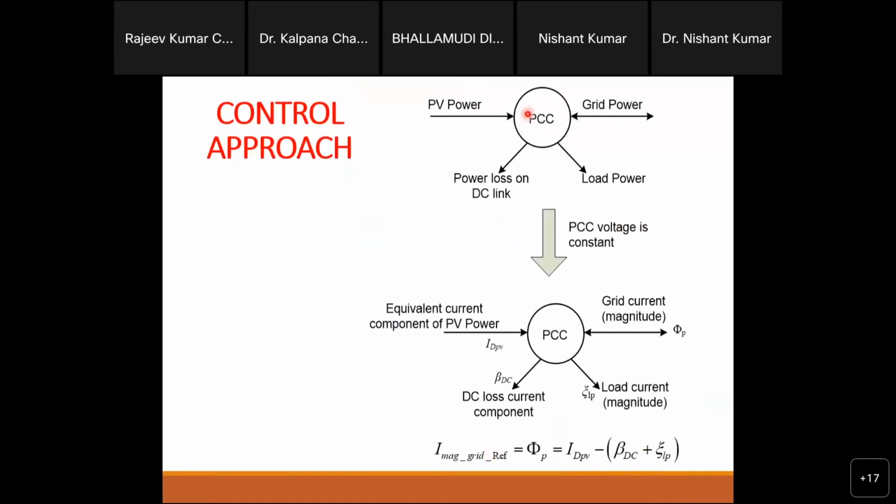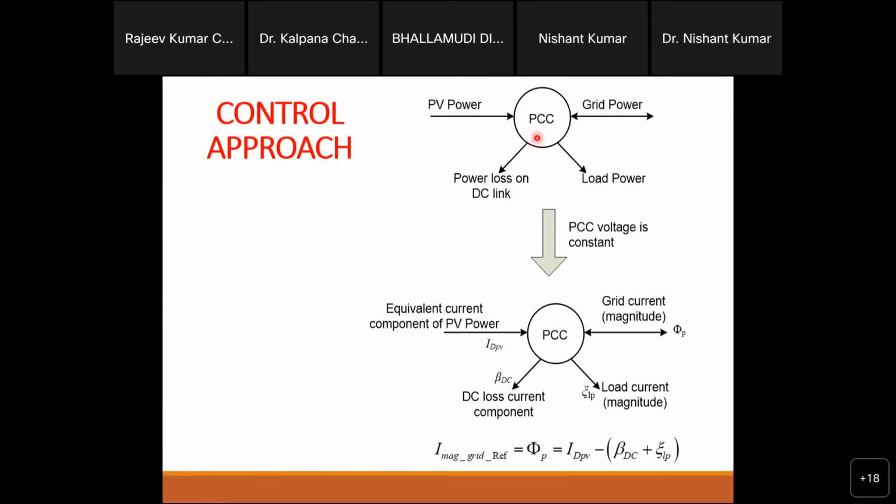So the beauty of this point is that here on this point we have the grid connected, and we all know that the grid voltage is constant. Whatever power we are going to feed or take from the grid, in both conditions you will see that the grid voltage is more or less constant. Whatever power oscillations, power increment, power decrement, power flow, everything will be monitored or regulated through the current, right? If we are going to feed power, then you will see our current and voltage are out of phase. If you want to increase our power, then the current magnitude will increase. If you take power from the grid, then current and voltage are in phase, and the amount of power will depend on the current. So more or less on the PCC the voltage is fixed.